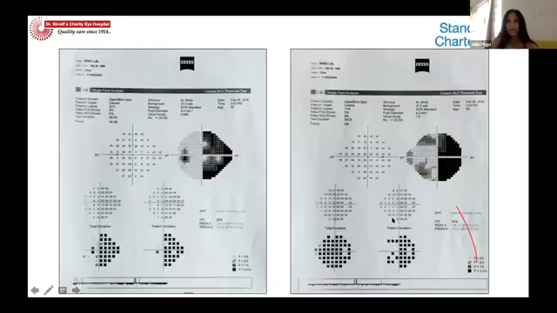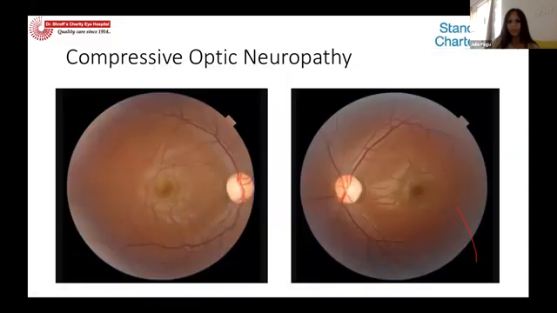And then when you do a visual field test, you get this visual field which respects the vertical meridian. I think that is the typical sign of a neurological field loss, when they respect the vertical meridian. So for any optic nerve where you feel there's some amount of pallor, just get a visual field test done. It'll tell you if the visual field is respecting the horizontal meridian, the patient will have